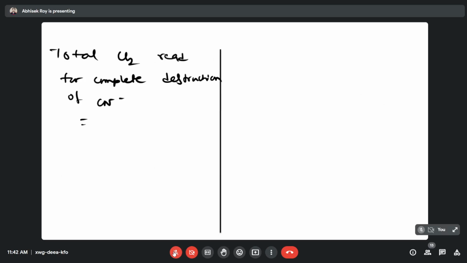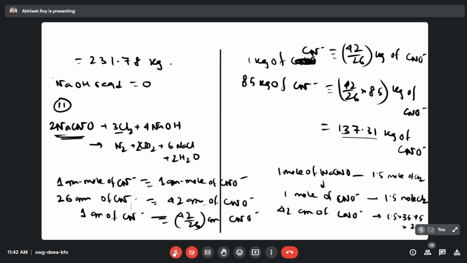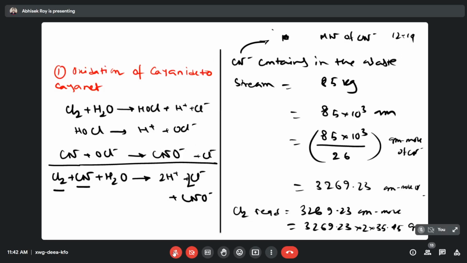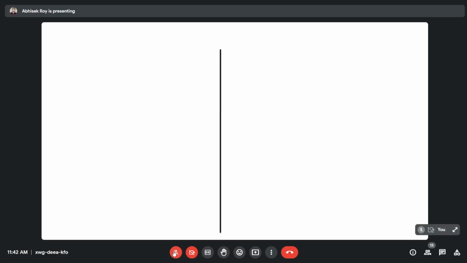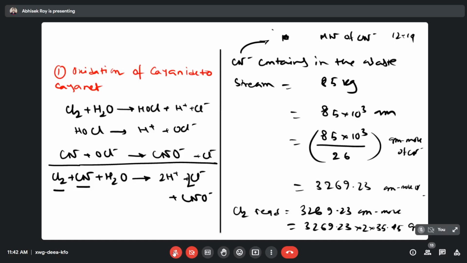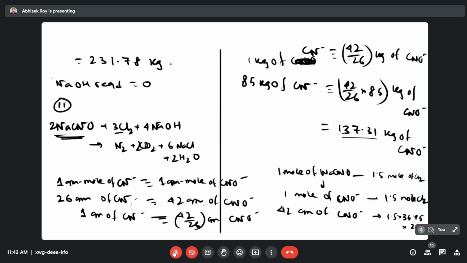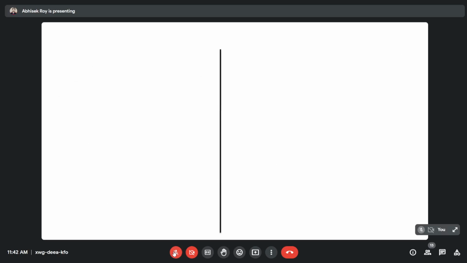First step কতটা এসেছিল? First step required chlorine, ফার্স্ট স্টেপে তোমাদের দেখো কতটা এসেছিল? 231 বা কিছু একটা এসেছিল দেখো।